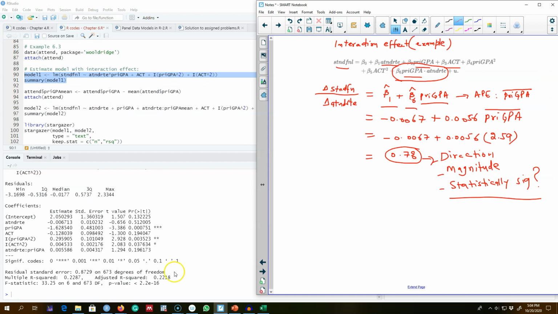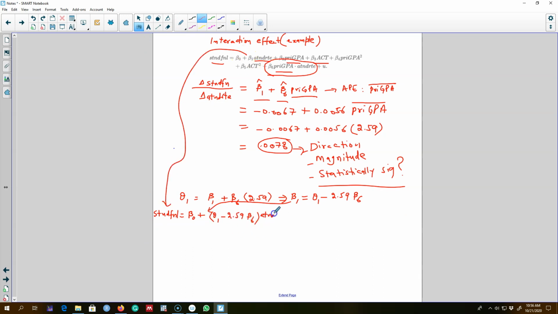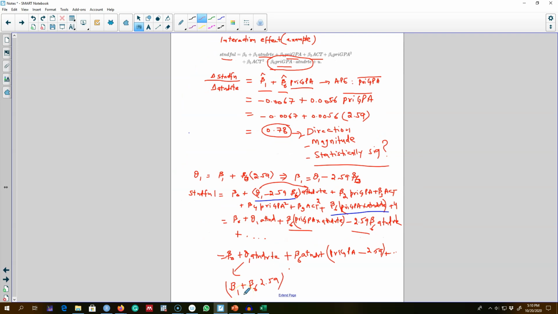The next method that you can use to calculate the interaction effect along with the standard error is as follows. So what I want to do is introduce a new variable here, and manipulate this equation to get the standard errors right in the equation. So I'm going to show you these calculations here. This is what we are interested in knowing. Okay, so we are interested in this theta 1,